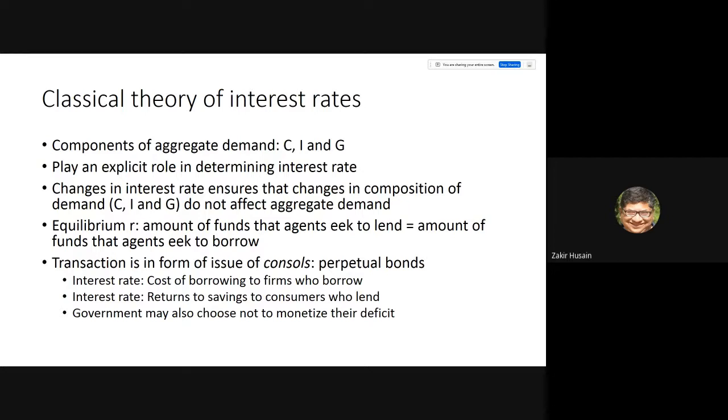In the Keynesian model, if the rate of interest increased, see, C was a function of Y, C will be unchanged, G is a constant, I, however, is a function of R. So, the aggregate demand will change as a result of a change in interest rate. But in the classical model, C, I, and G will adjust in such a way, one of them will squeeze out the other, so that the aggregate demand always remains the same. And therefore, it does not lead to any real change in the model.